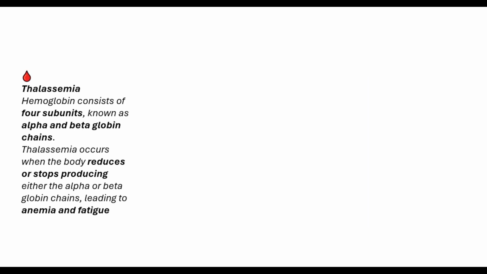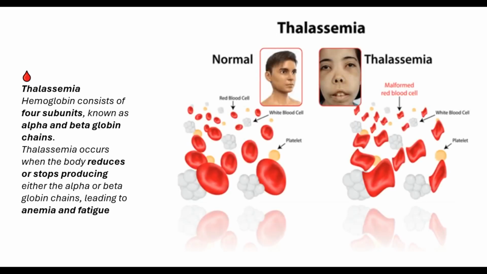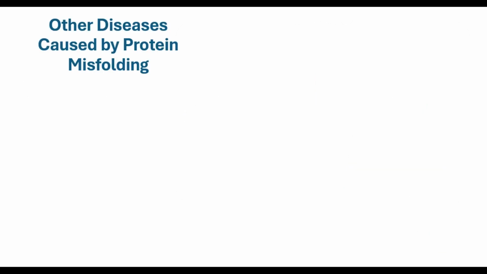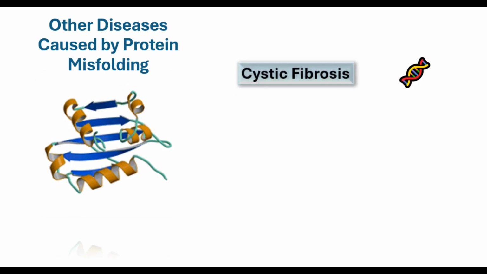Next one is thalassemia. Hemoglobin consists of 4 subunits, known as alpha and beta globin chains. Thalassemia occurs when the body reduces or stops producing either the alpha or beta globin chains, leading to anemia and fatigue. And other diseases caused by protein misfolding include cystic fibrosis,